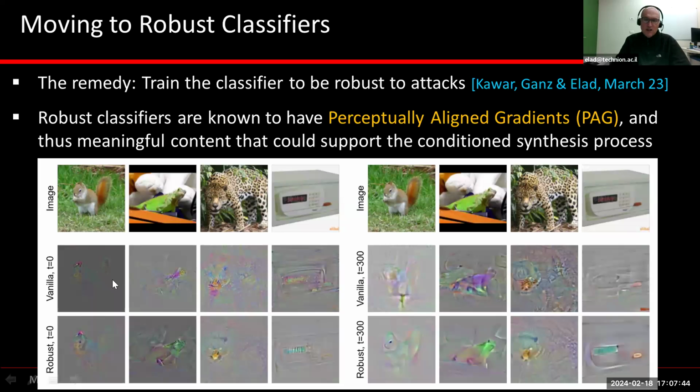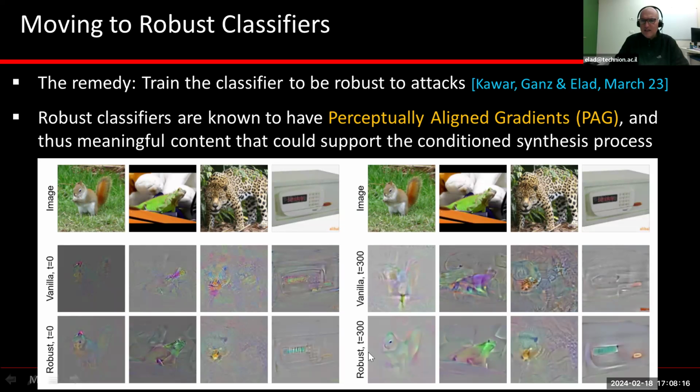First, let me visualize for you the gradients themselves. What you see here are 4 images, the same 4 images left and right. And what you see here are the vanilla gradients and the robust gradients. This is for time equals 0, basically for clean images. And this is for time equals 300, which is one level of the noise. You know, we start with 1000, we end up at 0. So it's somewhere in the middle. And what you see here is that,